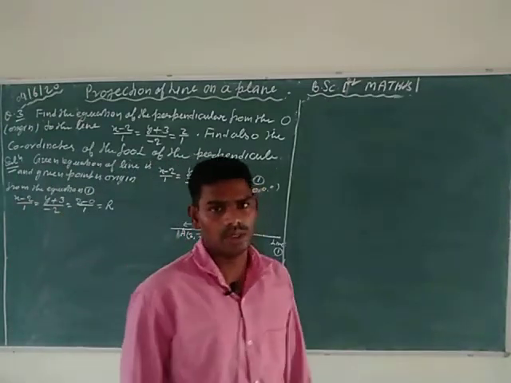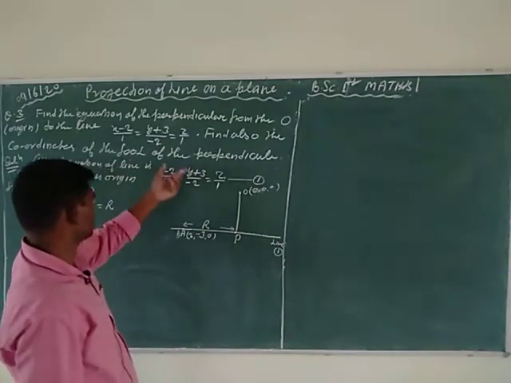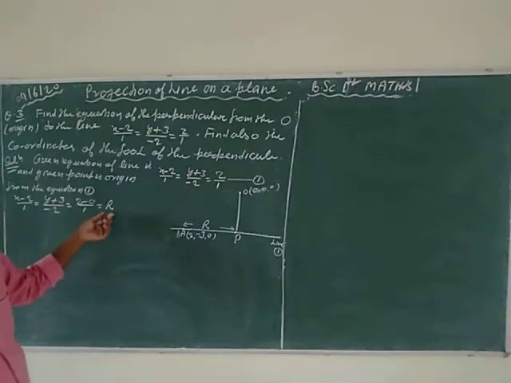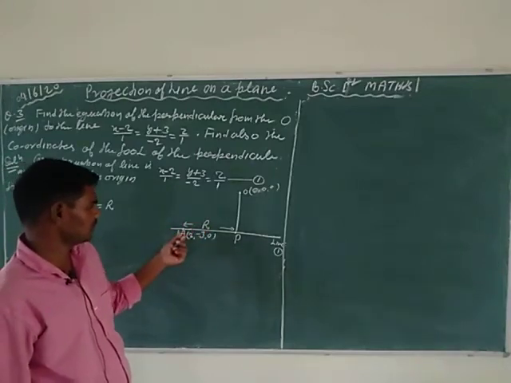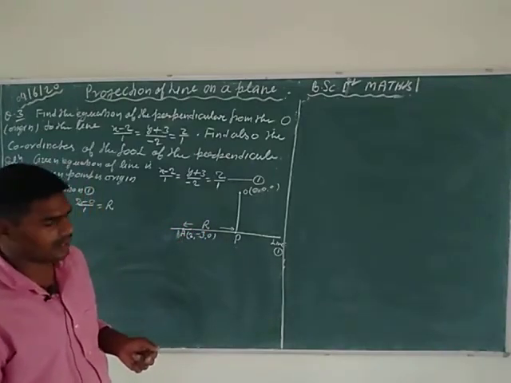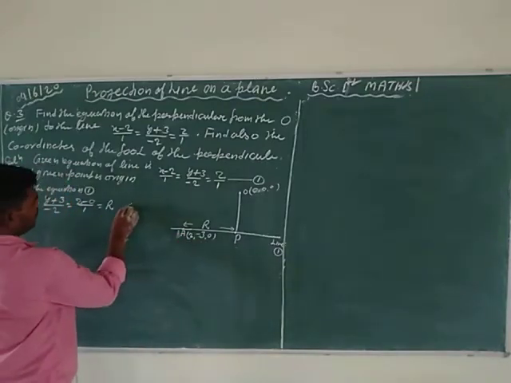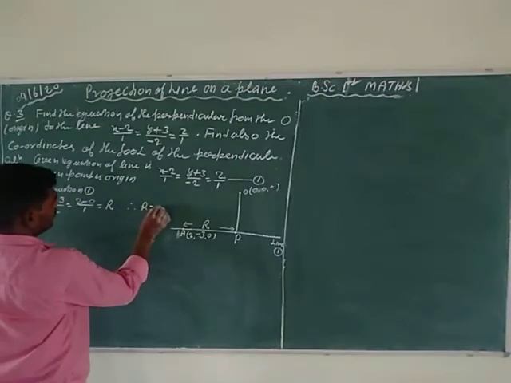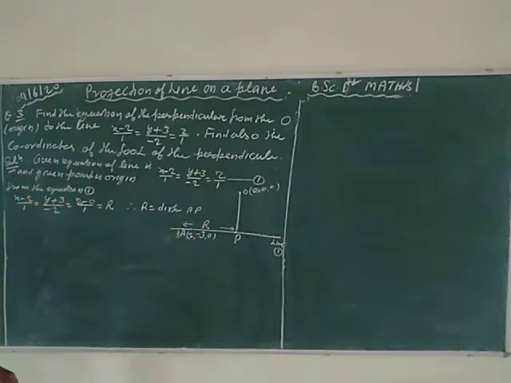If you want a point on the given straight line, then write the given straight line in this form. Here the required point is at capital R distance from the given point on the straight line. So capital R is the distance AP. Solving this ratio, taking first and last, second and last, third and last,